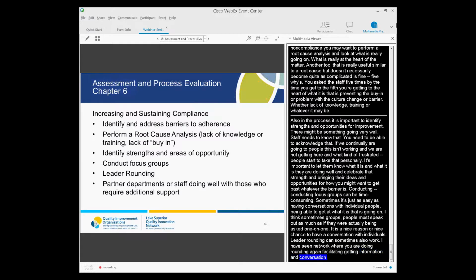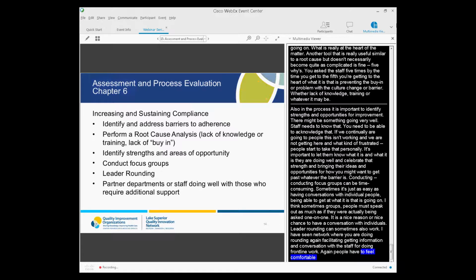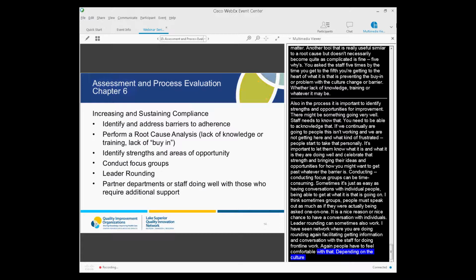Again, I think people have to be able to feel comfortable with that, and so again, depending upon the culture, that might work better in some organizations than in others. And also another